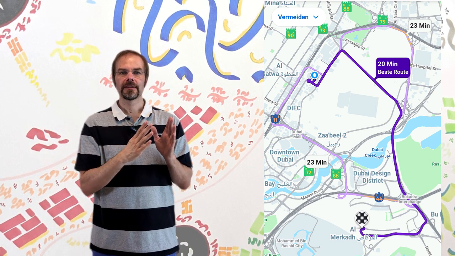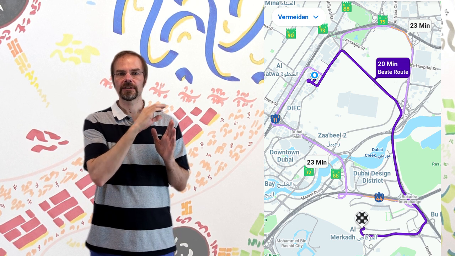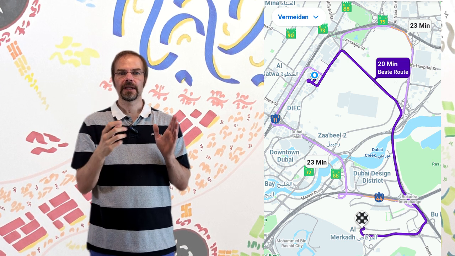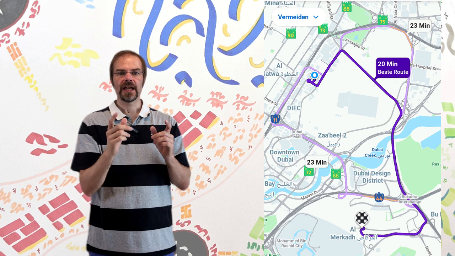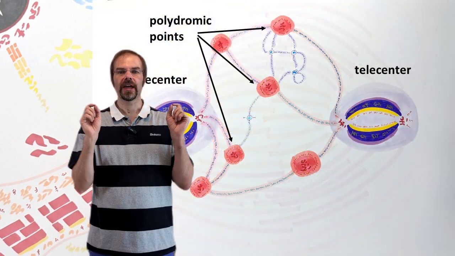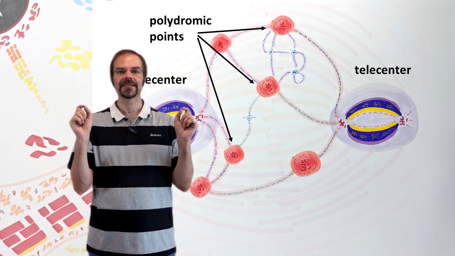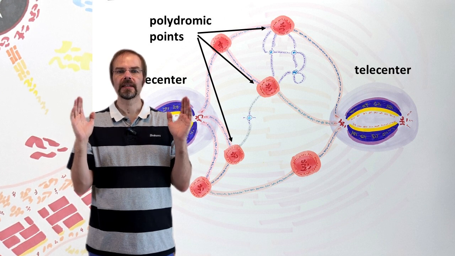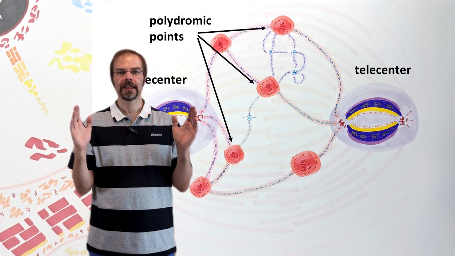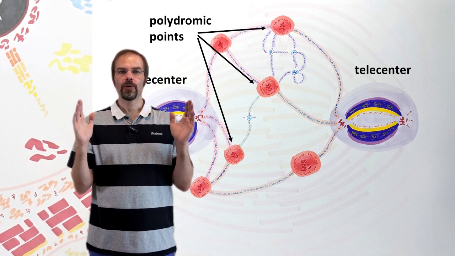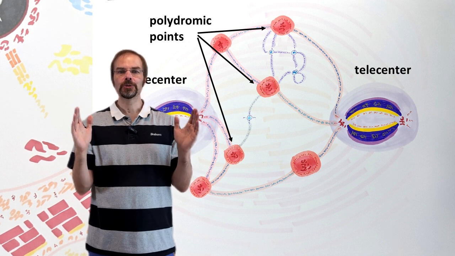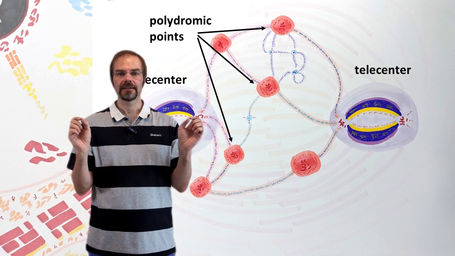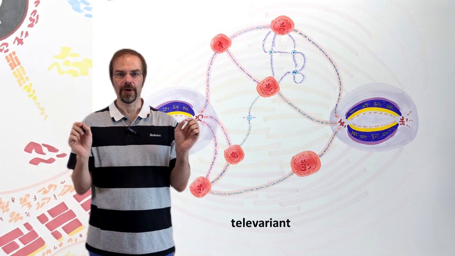If I were to drive from my home to my office the other way around, then these intersections, collectors, would become polydromic points and polydromic points would become collectors. It's a quite symmetric thing, and therefore Heim simply called both endpoints, destination and goal, telecenters. They're like the limiting points of your area. Such an area, which is described or limited by two telecenters, by beginning and end, is called a telecentric area,